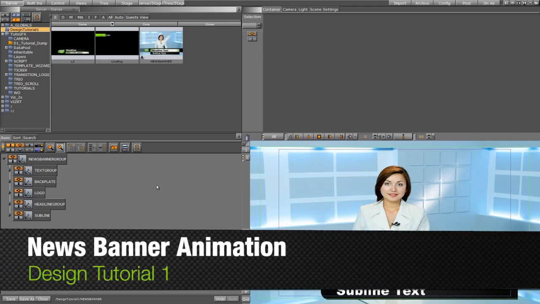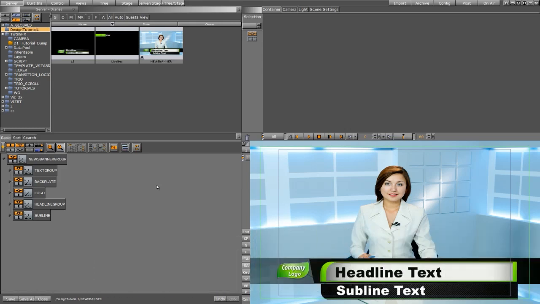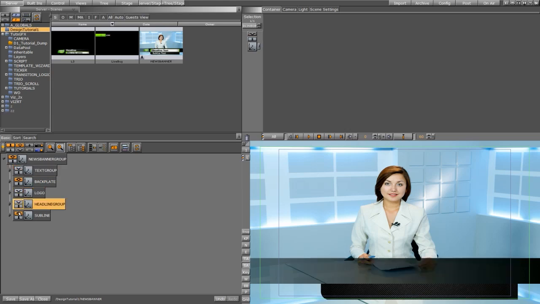Okay, so now we're ready to animate this. And again, feel free to animate however you want. Since this is a very 2D and flat look, we're not going to worry too much about doing rotations or anything in this tutorial. We're just really, again, going to scale these things on. So I'm just going to turn some of these containers off, and I'm just going to start one by one